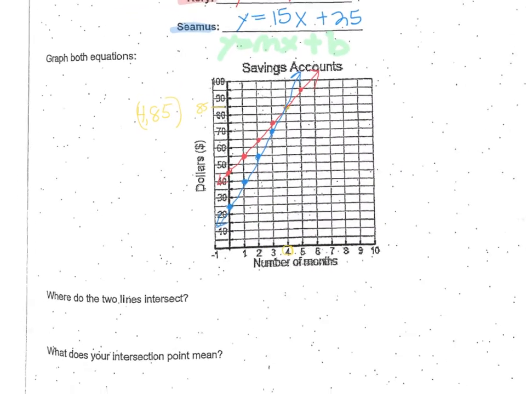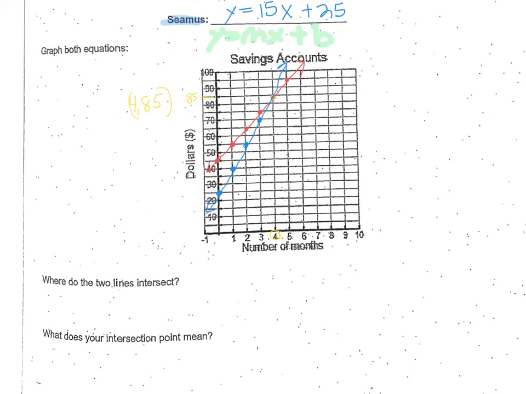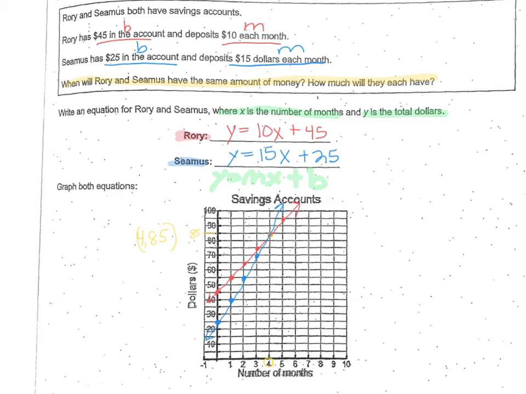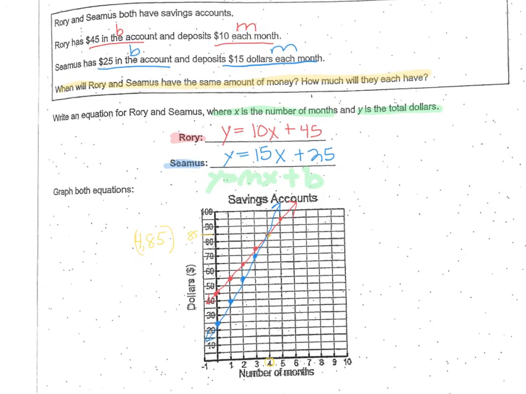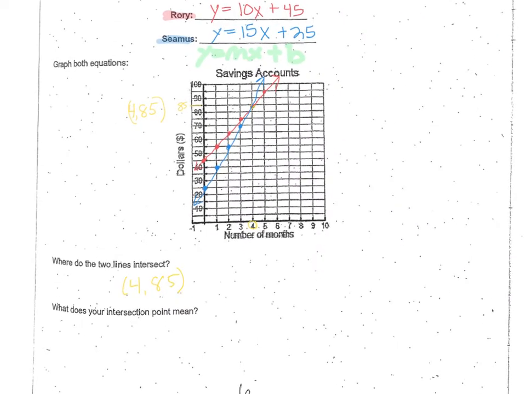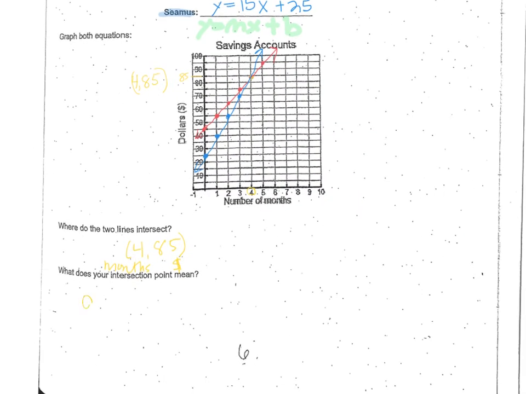It says, where did the two lines intersect? Well, we just did that. We said that that is the point (4, 85). And what does your point of intersection mean? Well, go back up and look at that original question, which I highlighted in yellow. When will Roy and Seamus have the same amount of money and how much money will they have? Well, 4 represents the number of months,